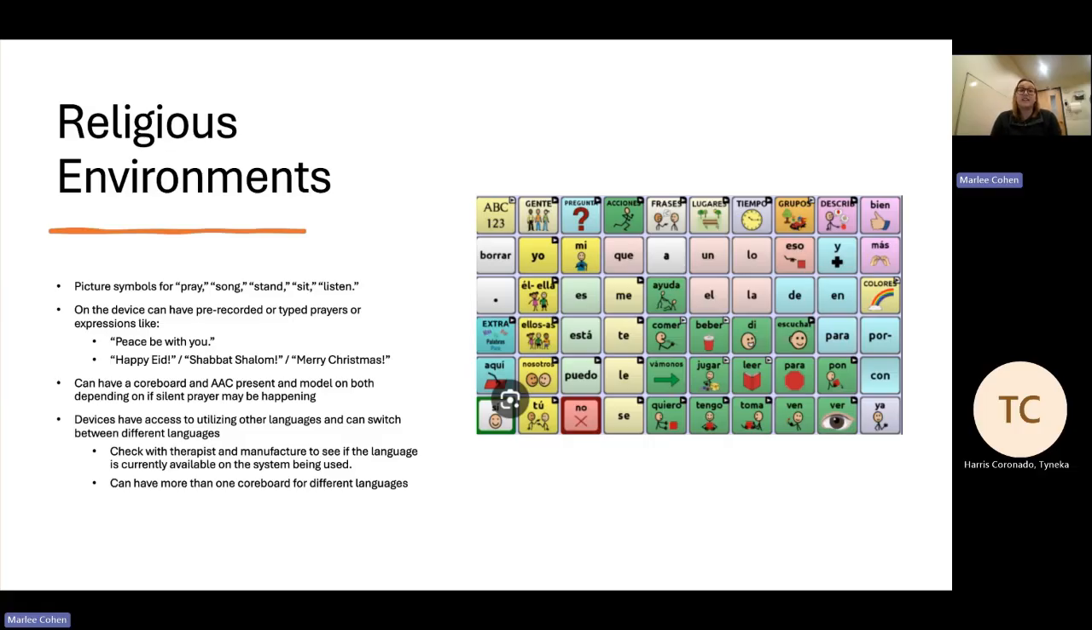With that said, devices also can utilize languages that aren't just English. There's a variety of different languages that different systems work with. I have a photo right here of a version of TouchChat in Spanish. You can also toggle between languages. So if you're at a religious ceremony and the language is not in English, there are ways to toggle between to communicate in both. The one caveat with this one is some manufacturers have only certain languages right now,